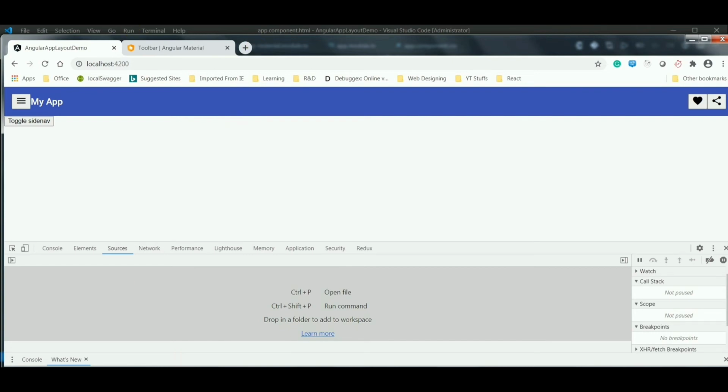You can see here now this toolbar is appearing in some color, but still these buttons are not looking good because we haven't included the buttons module into our project. For that I'm just going to my project,